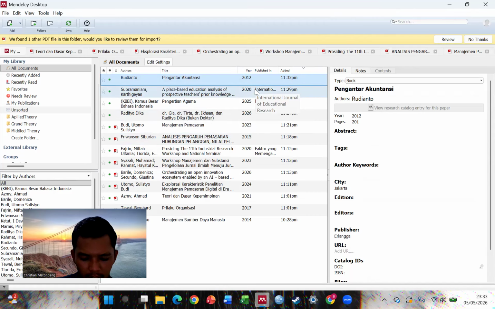If your research title is in the field of marketing, for example, about course design, then the theoretical composition in Mendeley will look like this. First, for the grand theory, I am using the human resource management book by Gary Dessler as the main foundation for my research. This acts as the mother of all the theories I use because it covers the entire management of human capital.